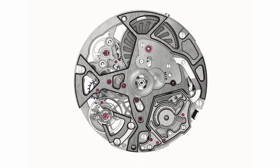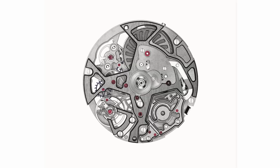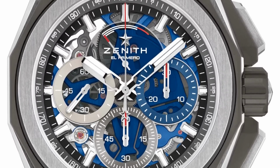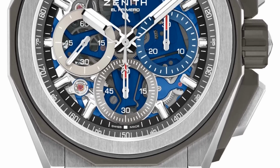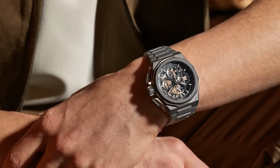And this runs at 10 times the frequency, 360,000 vibrations per hour, a baffling rate for a movement to be able to hold. This means that the central hand on the dial shows you a single second in one rotation so that you can really time things accurately, whilst the subdials give you the normal seconds and the minutes of the chronograph. The cost for all of this is a much shorter power reserve in the case of chronograph use,